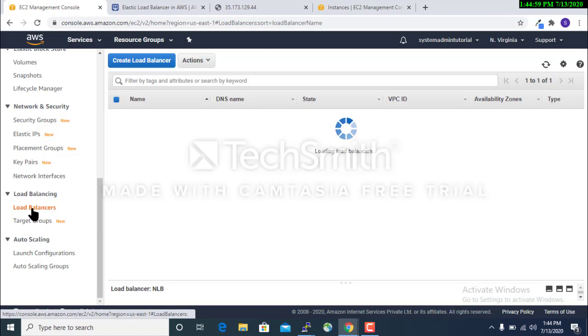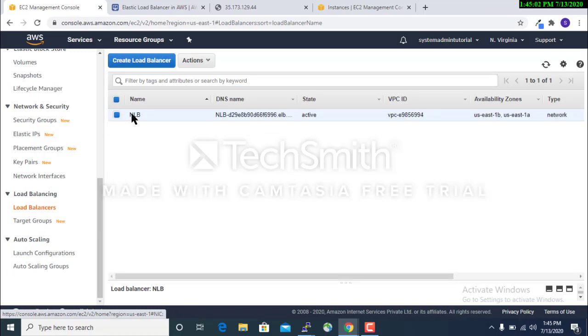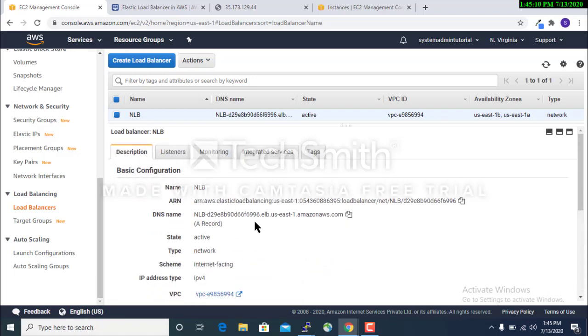Okay, and go to the load balancer. In the load balancer, here we will expand it. Get the DNS name.